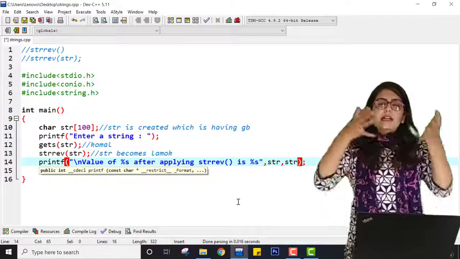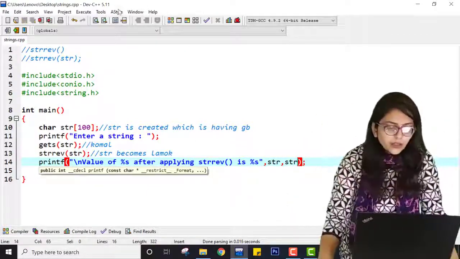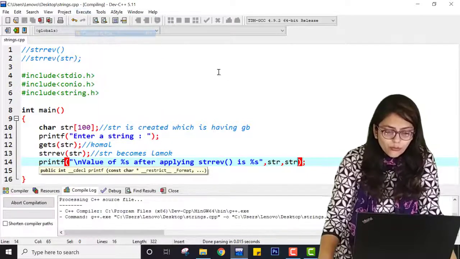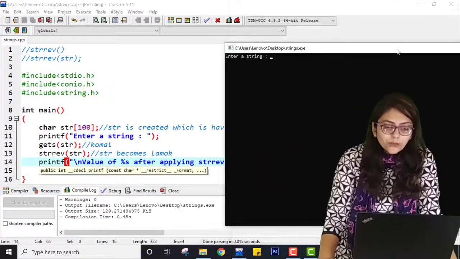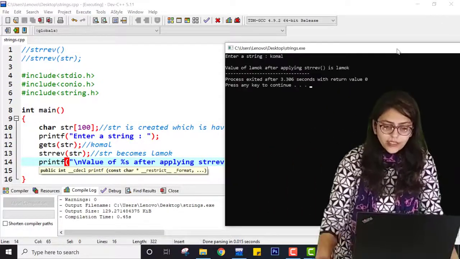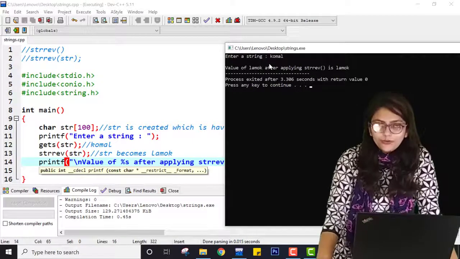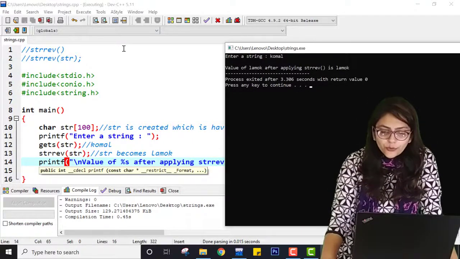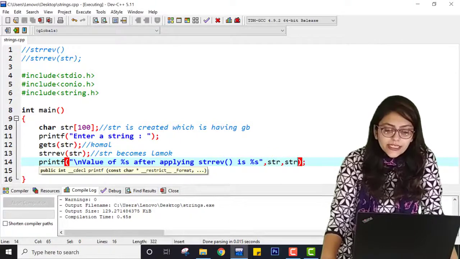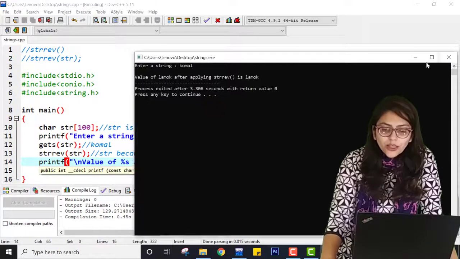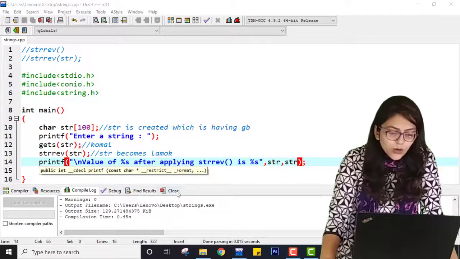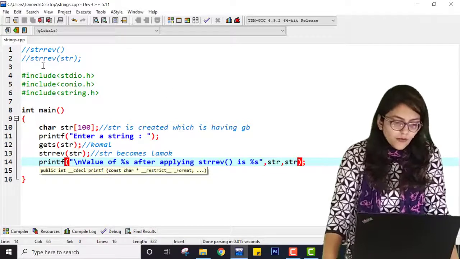So if I am writing %s and then here if I am writing a similar thing to show that the first string was formal and now it is the reverse of it, it will not give me correct output. I hope you understand this concept. So here if I am giving formal, can you understand? I hope you understand this output. So that's why, because it is replacing the older value with the newer value. So this is how the string reverse function works.